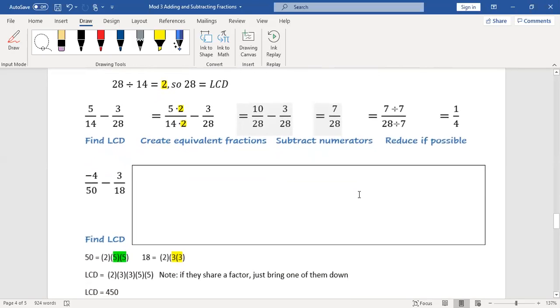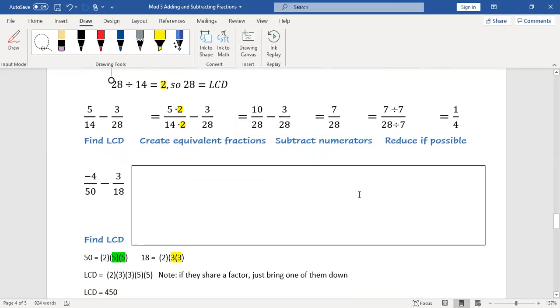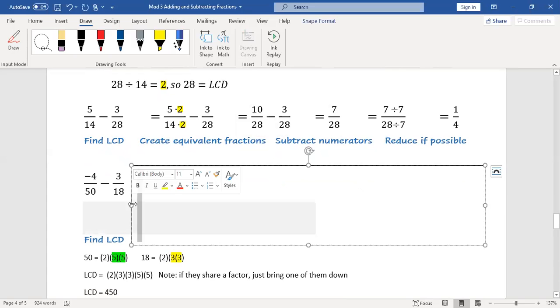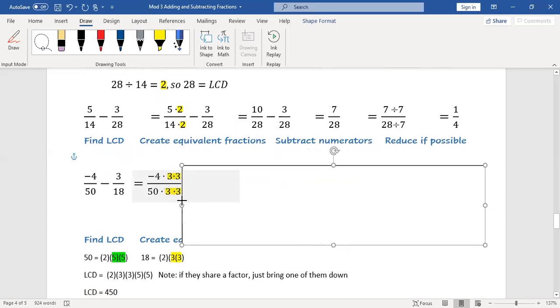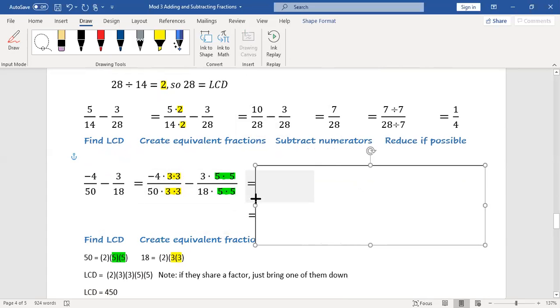Let's go on to the next problem. Negative 4/50 minus 3/18. Now 18 can't go into 50, so 50 cannot be the least common denominator. So I'm going to have to determine my least common denominator. I could do a factor tree, prime tables. I could do a list method. As you see down below here,